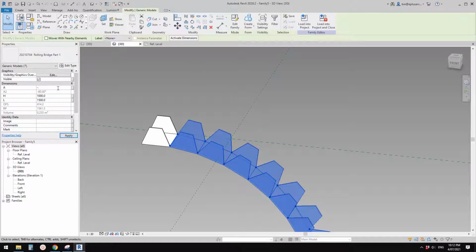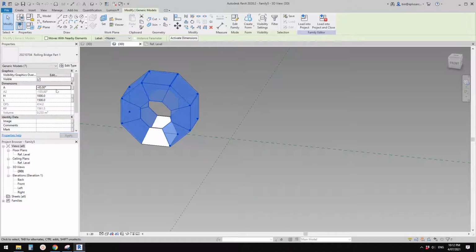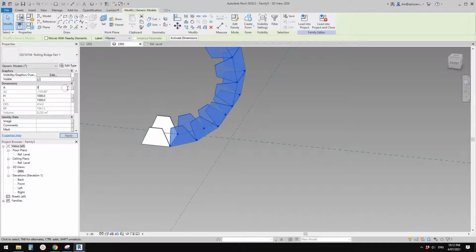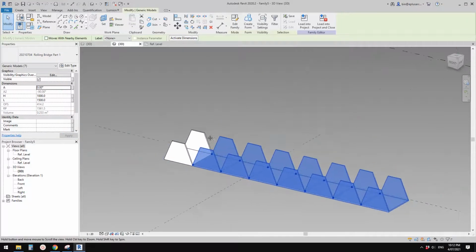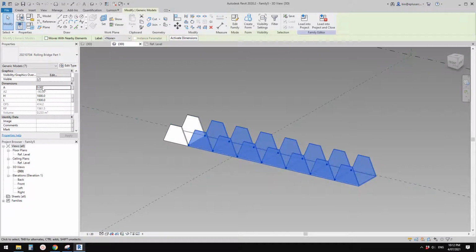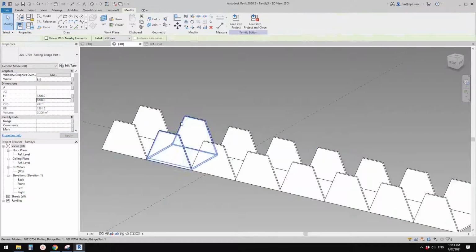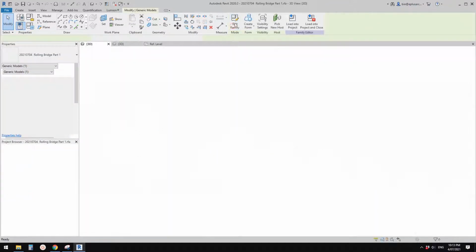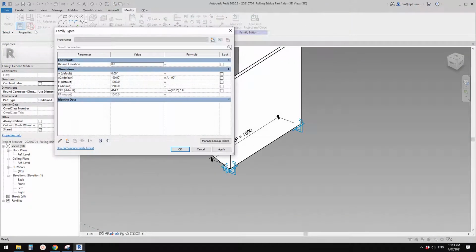Let's try negative 45. Okay, negative 20 and 0. So we still need to change the angle, but let's select all of them, try this parameter. So this will be the height of the handrail, so yeah, all good. This is the length of them, all good. So we just need to fix the angle again, so go edit family, edit type,